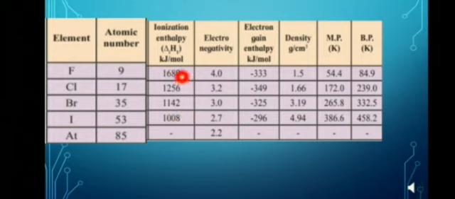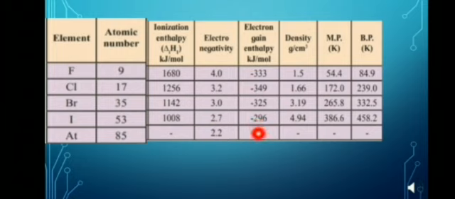Now, electron gain enthalpy. Here the halogens liberate maximum heat by gain of electrons as compared to the elements in the corresponding periods. Electron gain enthalpies of halogens are negative. The reason is that the atoms of these elements have only one electron less than the nearest stable noble gas configuration. The value of electron gain enthalpy of the elements becomes less negative on moving down the group.